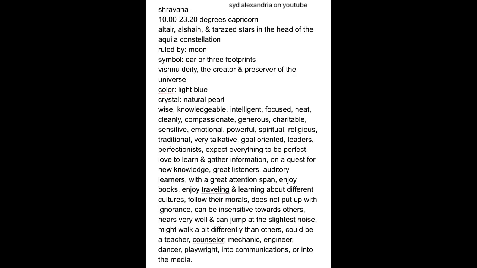Shravanna is from 10 degrees to 23 degrees, 20 minutes, all within the sign of Capricorn. Its stars are Altair, Alshan, and Tarzed, stars in the head of the Aquila constellation. Its symbol is the ear, or more popularly, 3 footprints. And if you want to read more about it, you can, but I'm just going to say that they are